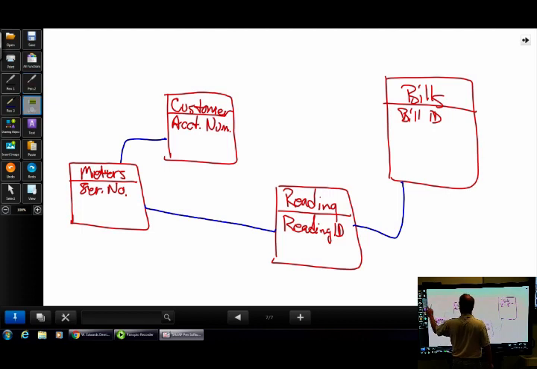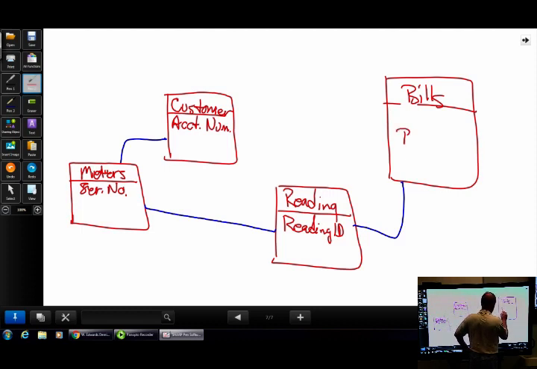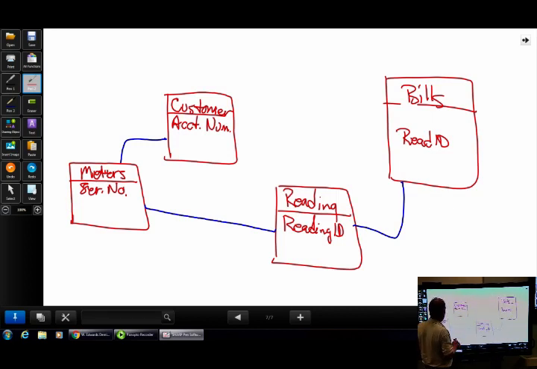Oh, yeah, hold on, let me get a better idea for this. Instead of my bill ID, or maybe I would have a bill ID, but I'm going to have a reading ID, reading ID here, reading ID there, address? And then I might have a customer number, but I don't necessarily need it. All right, let's look at it this way. If I have a customer,